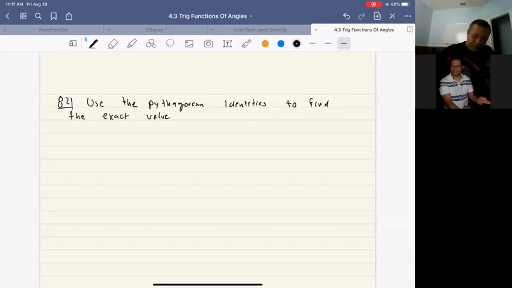Okay, and they're giving cotangent of t equals 4, cosecant of t is less than 0, find cosecant of t. Okay, so now I know the Pythagorean identity, so I'm going to do it that way,